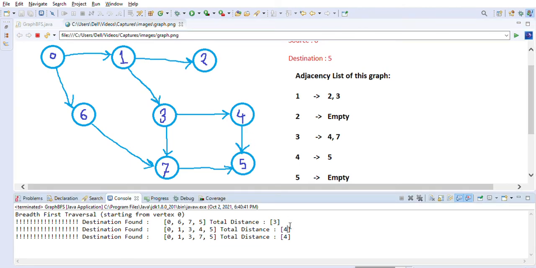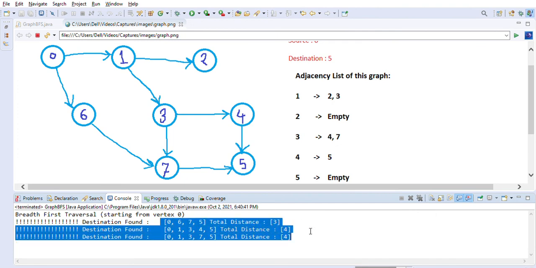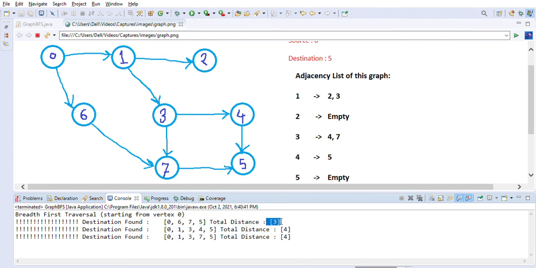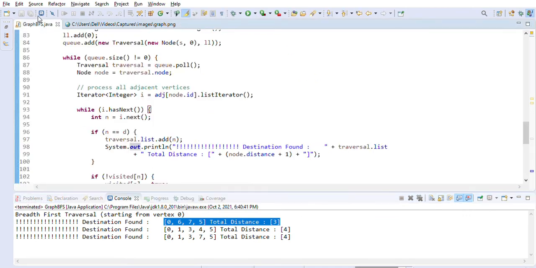So distance is 4 here. And the other path is 0 to 1, 1 to 3, 3 to 7, and 7 to 5. So we found all the three paths that are possible in the breadth first traversal, and how much distance it has given us. So this is the shortest possible path that we can find for this given graph.